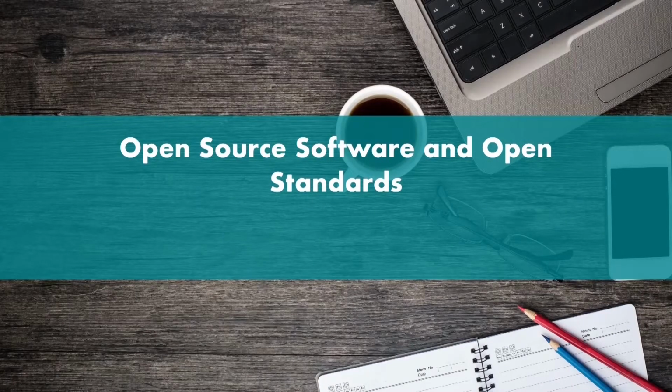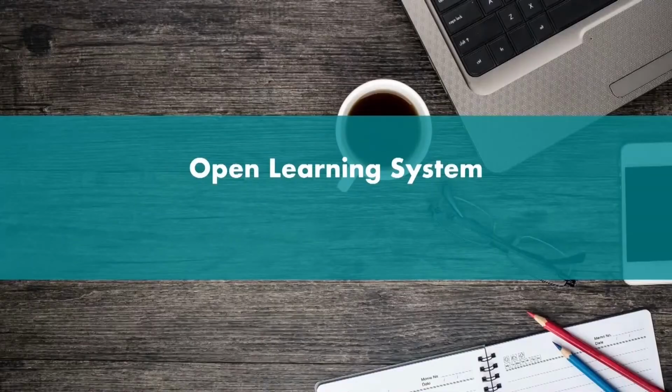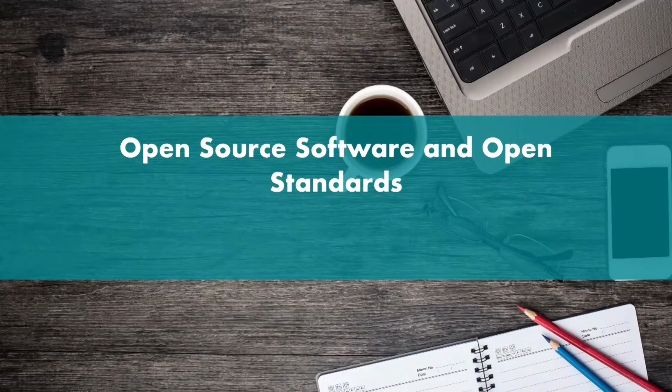So open source software and open standards are making the dream of a global world through communication on top of the internet as a platform, and two beautiful products are coming on the basis of this platform. One is open access publishing, another is open learning resources. So you can understand that open source software and open standards are not only important for the different activities of libraries, but nowadays important for the development of the entire internet and, in that sense, the entire global communication process.